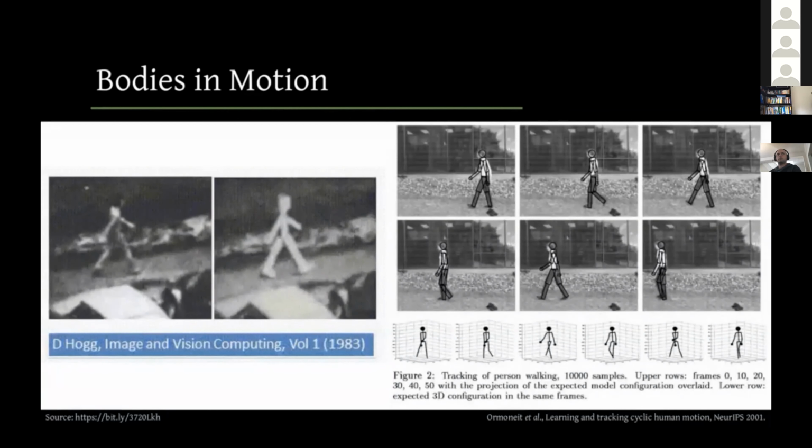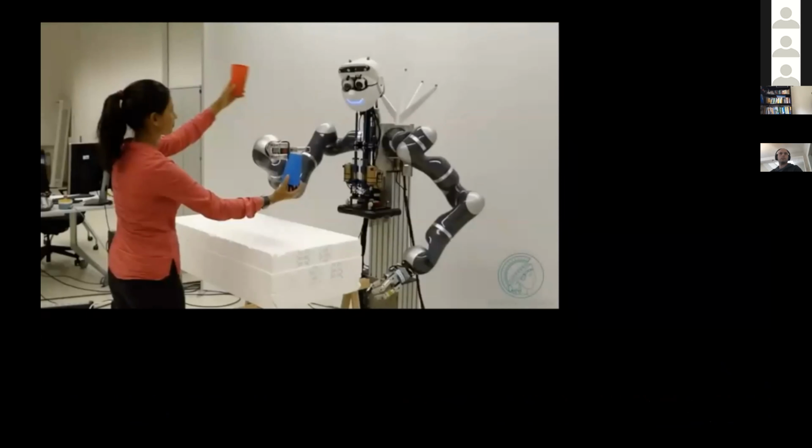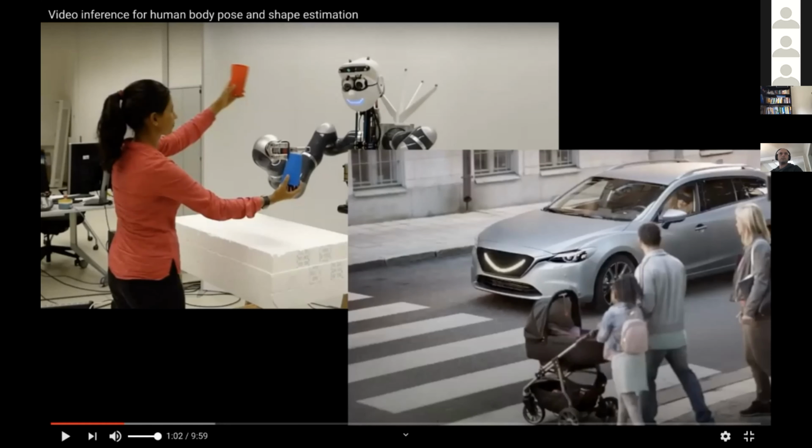So why do we do this? Well, modeling human motion hardly needs any motivation. It finds extensive use in AR/VR applications, where you need virtual humans, and interaction with intelligent systems like robots,